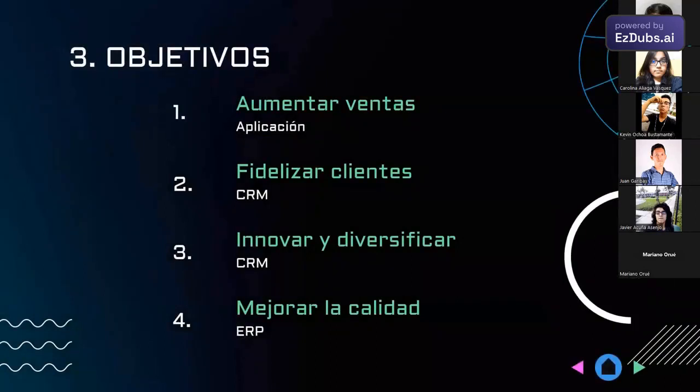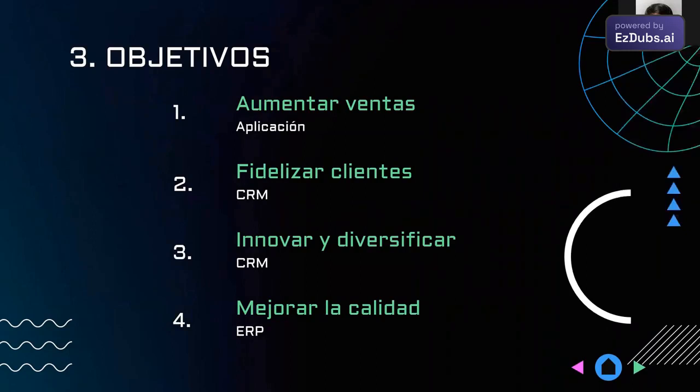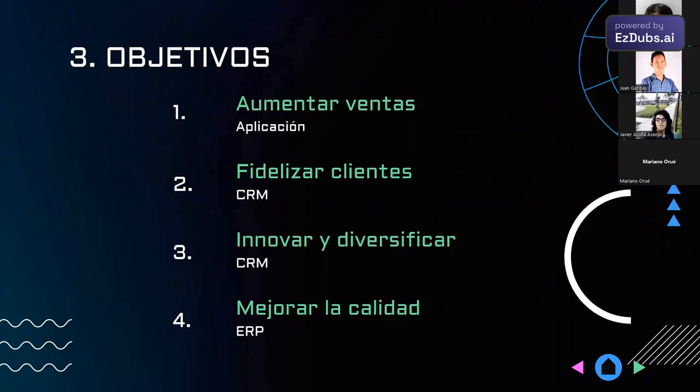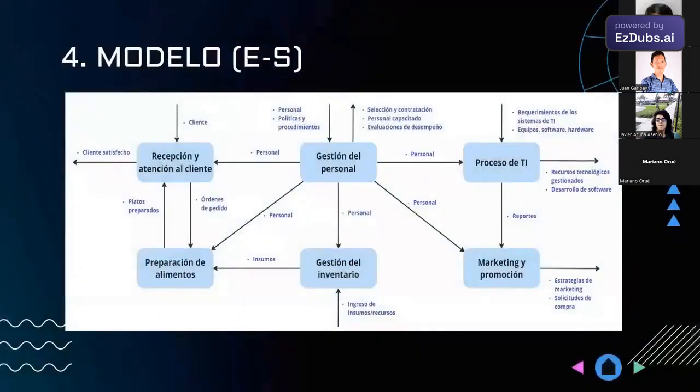Following. Now moving on to the objectives that we would have to define this business, one of the key and main ones, as we have already been saying, would be to retain our customers so that they can be loyal and come repeatedly to our premises or our business. They will be able to bring in other new customers. This will have an impact on other objectives that we have, such as boosting sales, and it will allow us to diversify our product portfolio.